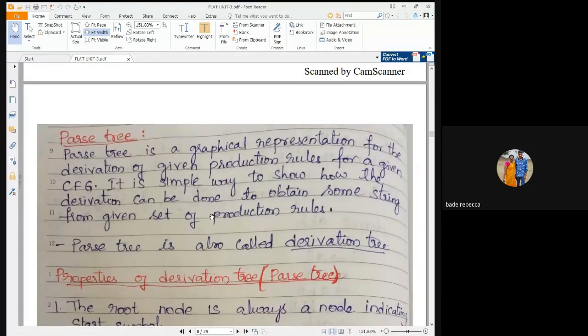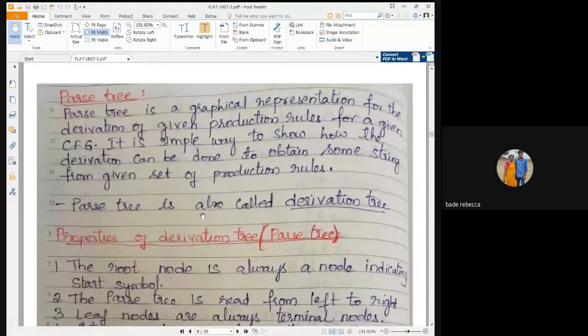Whatever the derivations we are doing, either leftmost derivation or rightmost derivation, if it is not specified to derive in left or right, we move on deriving the string in our convenient way. That derivation path represented in a tree type of format, the graphical representation of the derivation, is known as parse tree. Is it clear? Now let us see how to construct a parse tree.